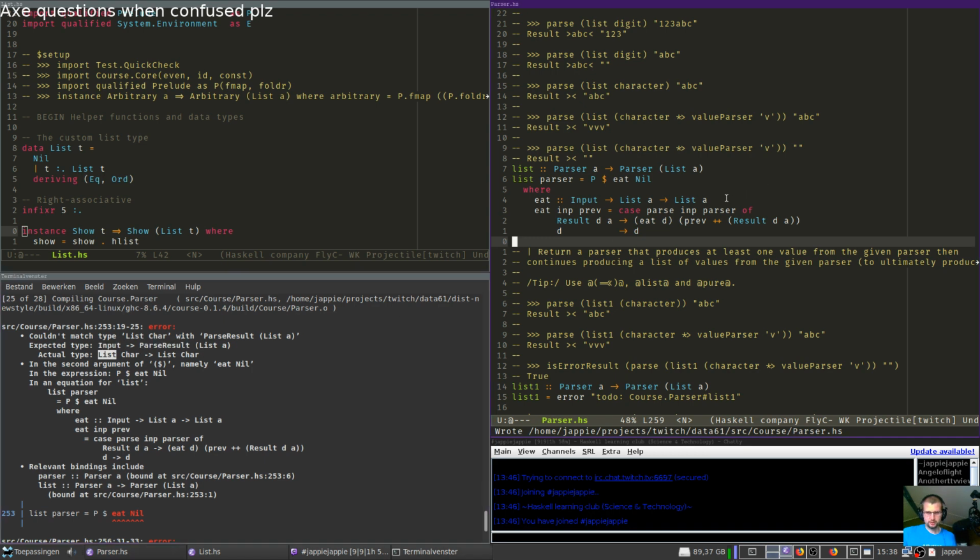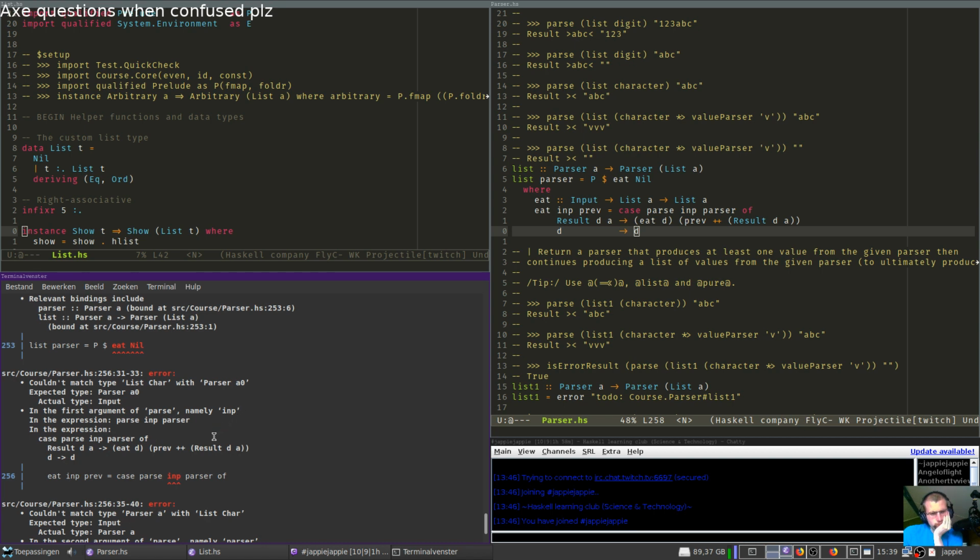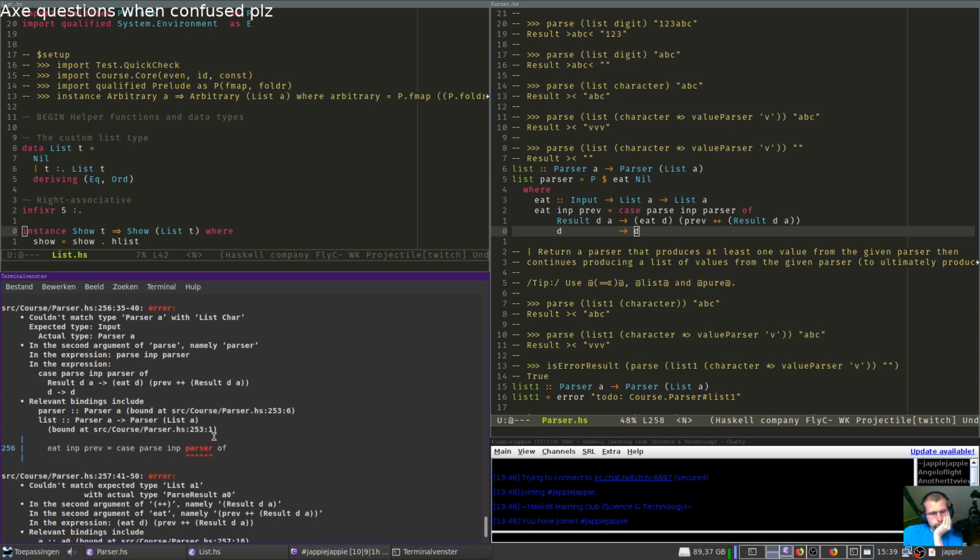List car. I fixed that. Parse input parser.